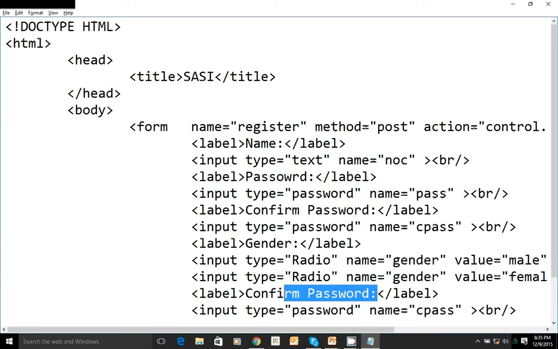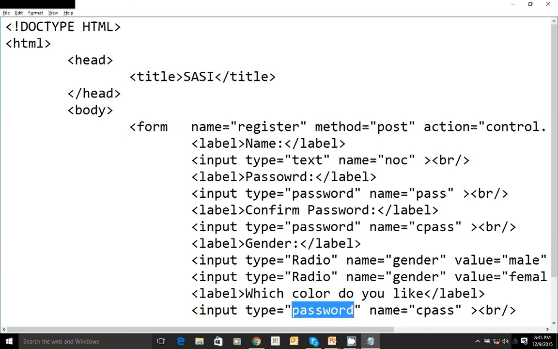I want to add, what do you like, which color do you like. Here I am going to give some check boxes.